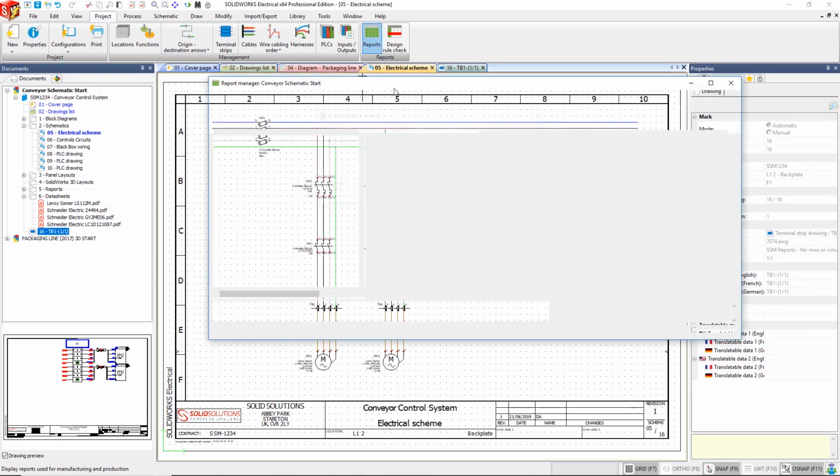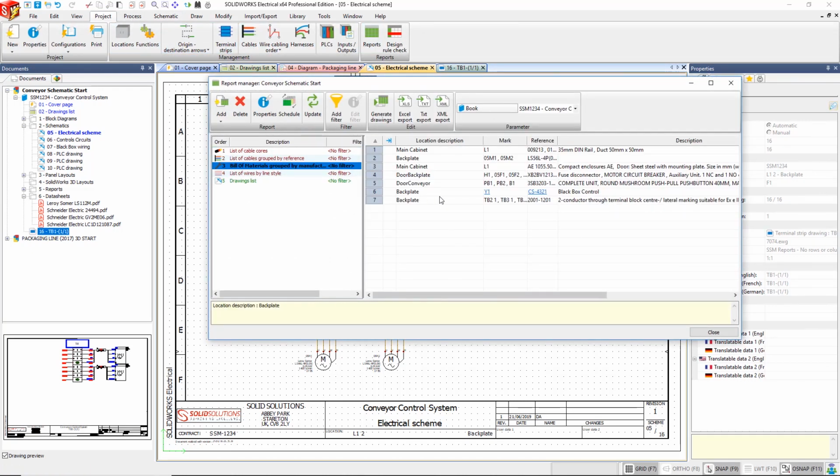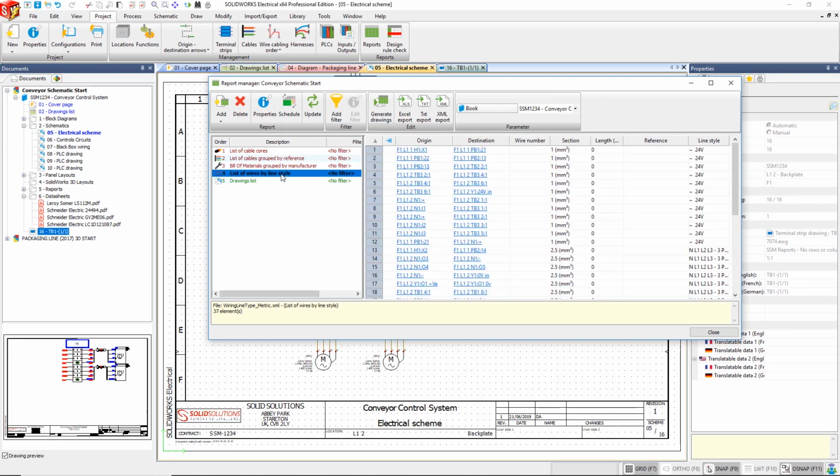So whilst I'm designing this, my bills of materials is updating. I've got various components, motors, breakers, terminals, all updating in the background. So it's no longer a separate task to have to produce your Excel spreadsheets. All of the bills of materials, or parts lists as you may know them, is updated in the background of the project. Also, all my wire list and connections is updated, all fully hyperlinked. So if I had a complex project with multiple documents, I could actually click on these and it would take me straight to where the connection is within the project.